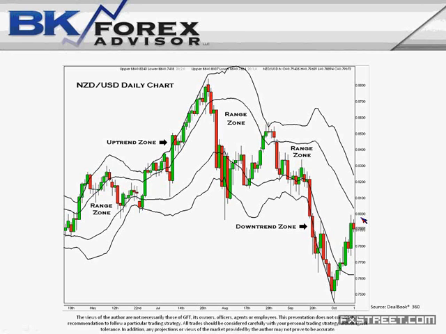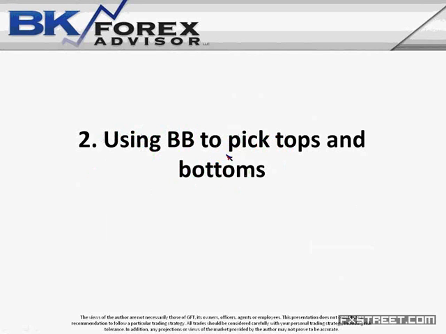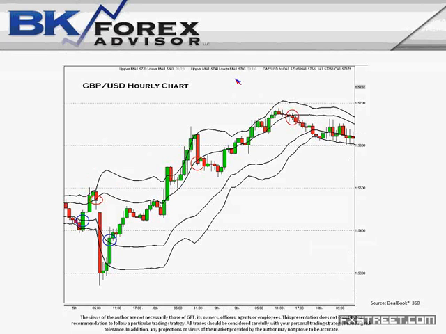And then when it broke that channel, it typically tends to have a swing move the other way. Of course, some swing moves fail. Other swing moves actually have a big turn. But the point is, you certainly don't want to be short something around here. You clearly want to be short something when it's around here, right? And that's how we use the Bollinger Bands to trade.